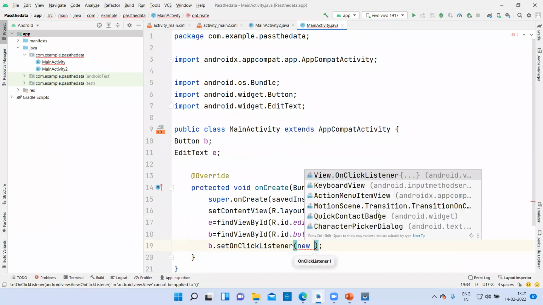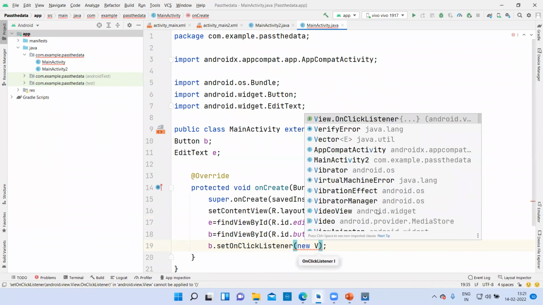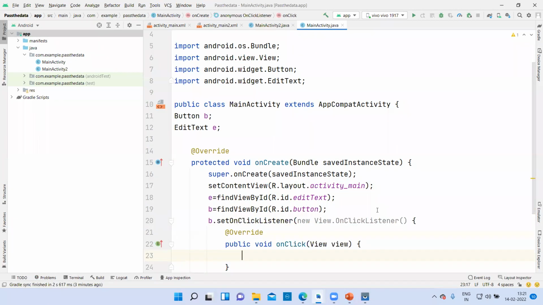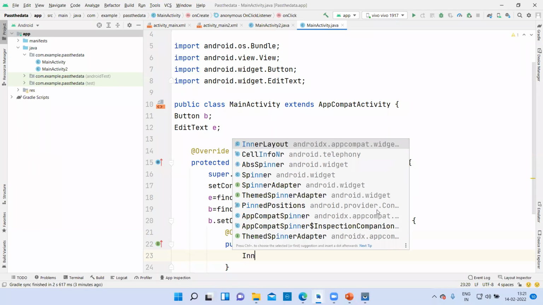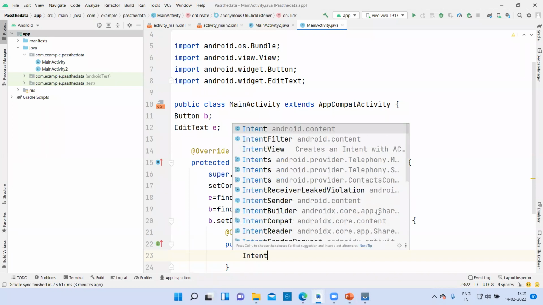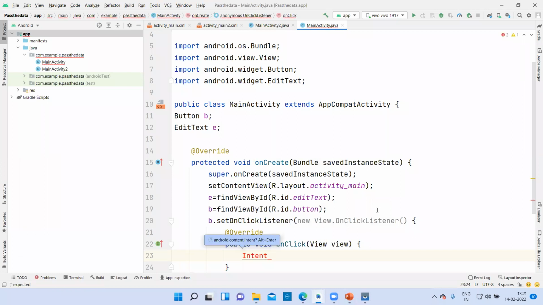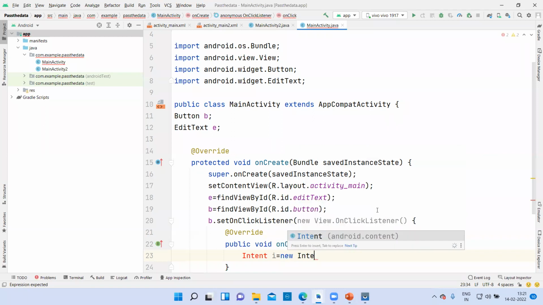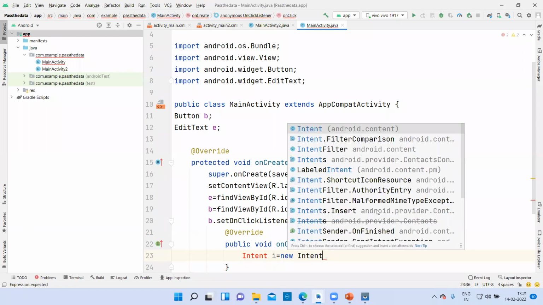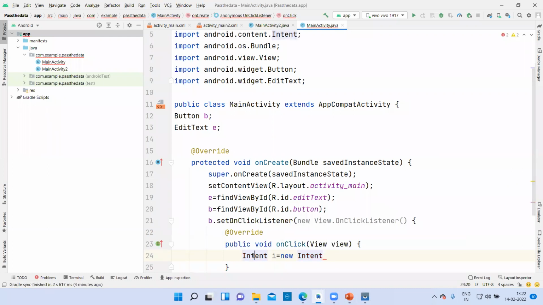New View. Now we have created the intent. We have to create the intent here. Intent I is equal to new Intent. Alt plus enter.